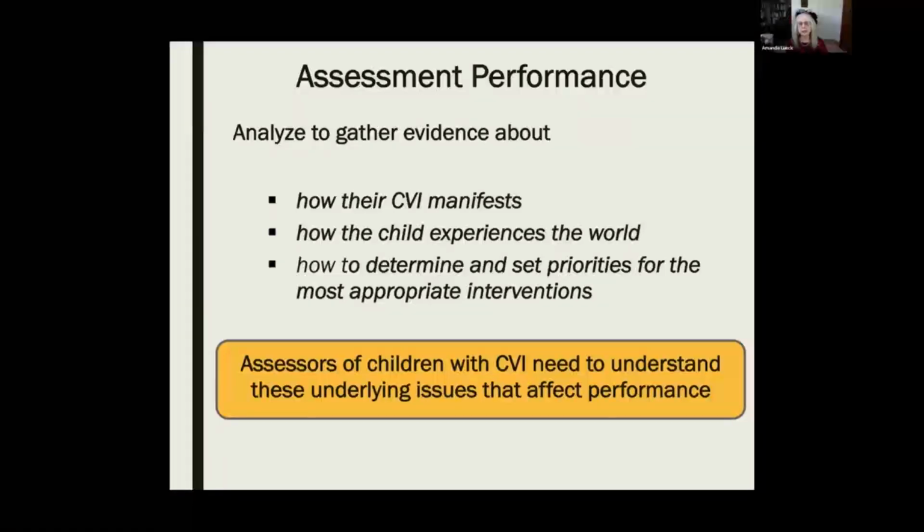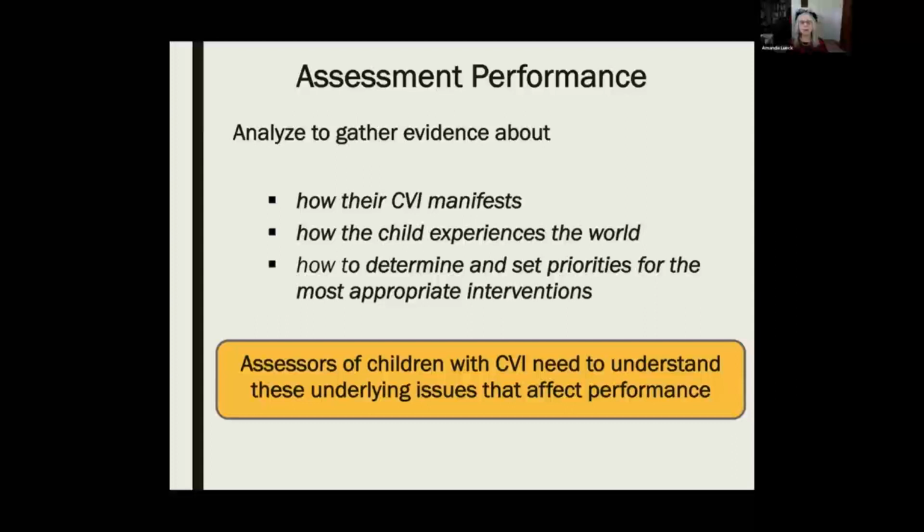Children with CVI experience the world very differently than people with typical vision who don't have brain dysfunction. We have to somehow insert ourselves into their heads and their hearts and understand how they experience the world and understand what they're facing when they have to work with their CVI in the school, at home, in communities,